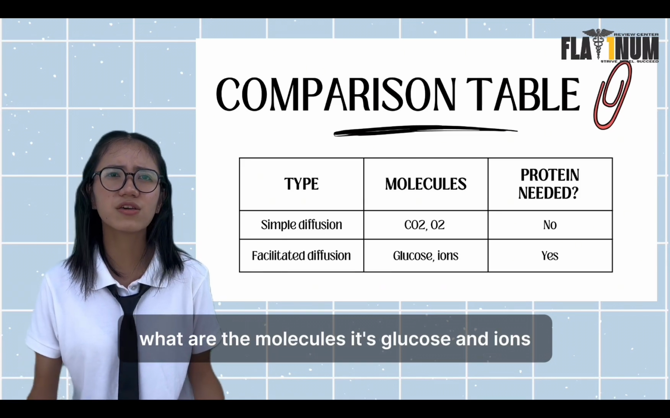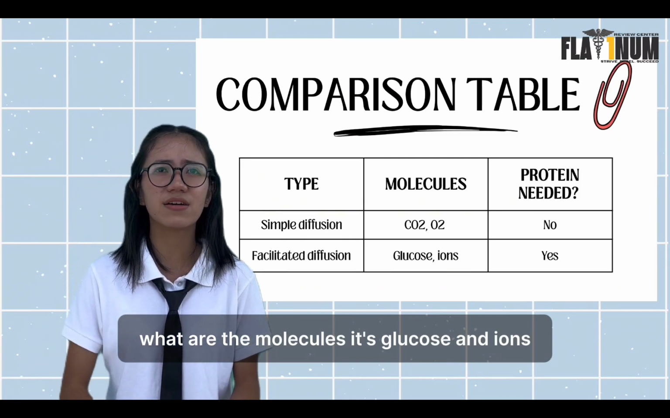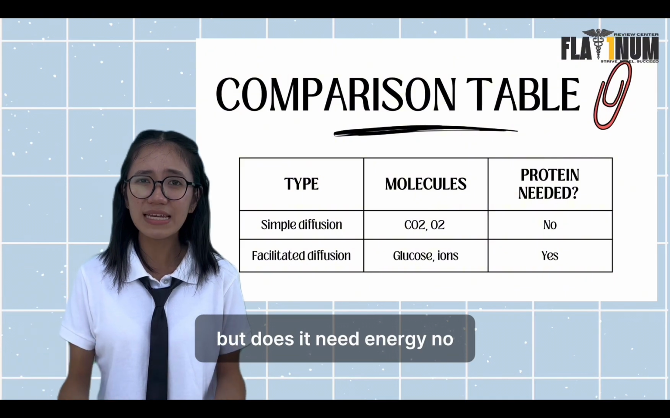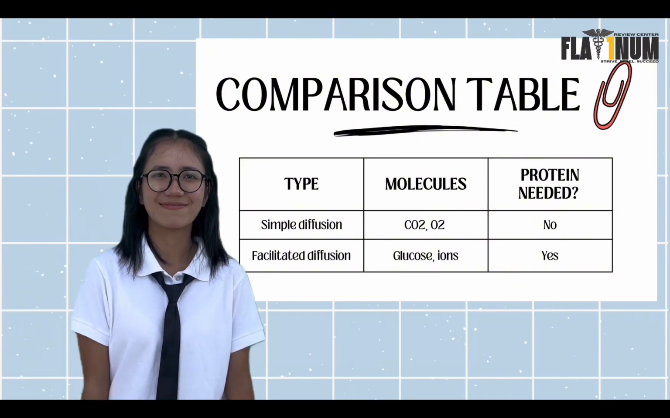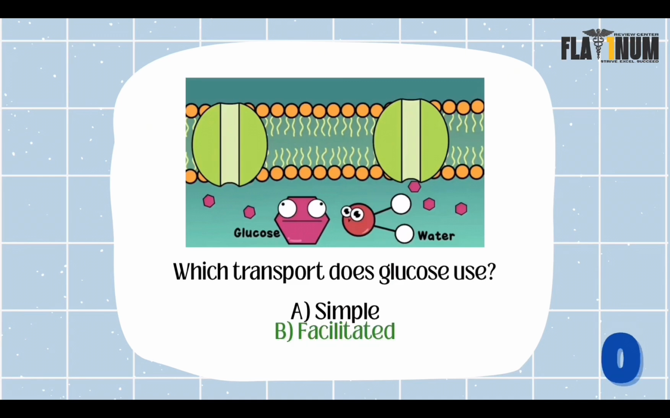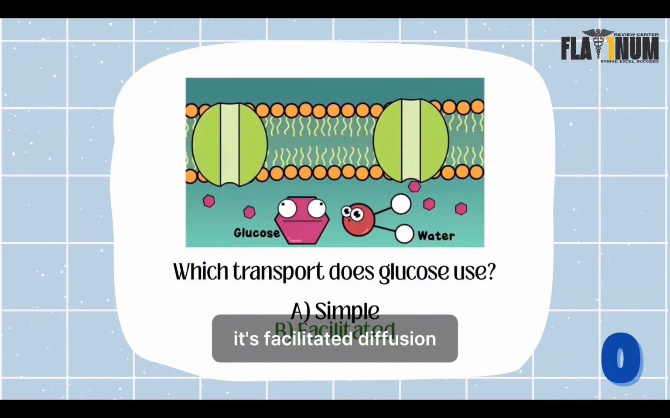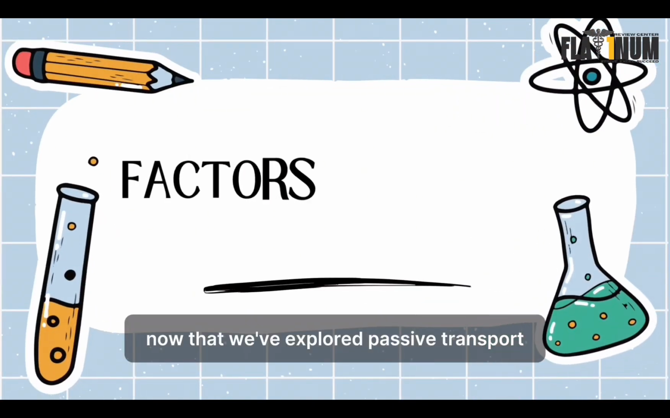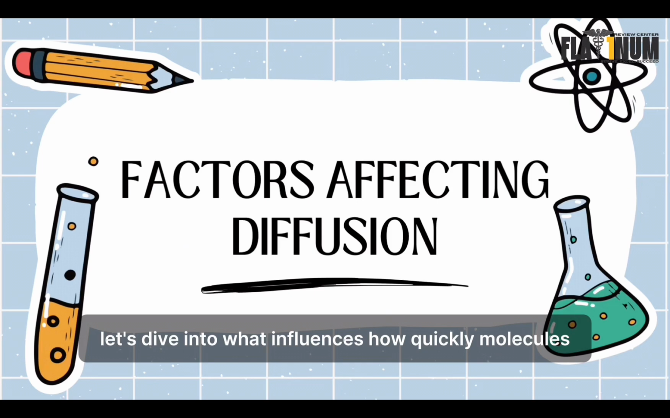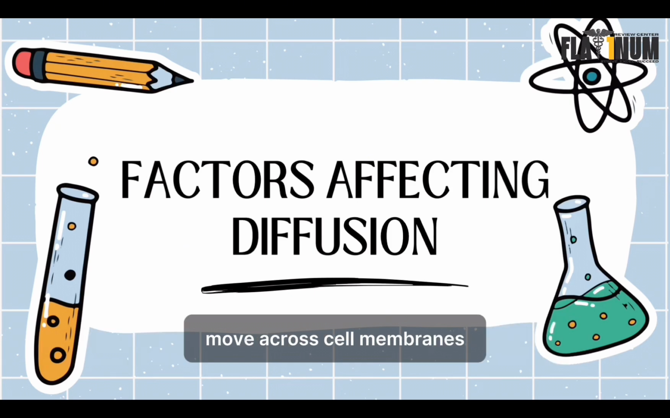What are the molecules? It's glucose and ions. So does it need protein? Yes. But does it need energy? No. So which transport does glucose use? It's facilitated diffusion. Now that we've explored passive transport, let's dive into what influences how quickly molecules move across cell